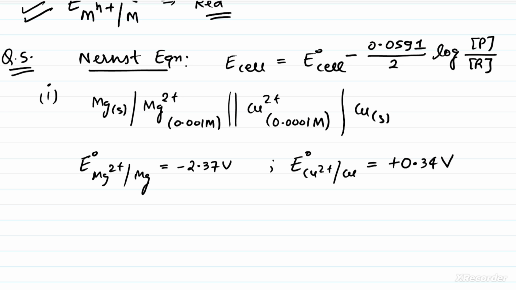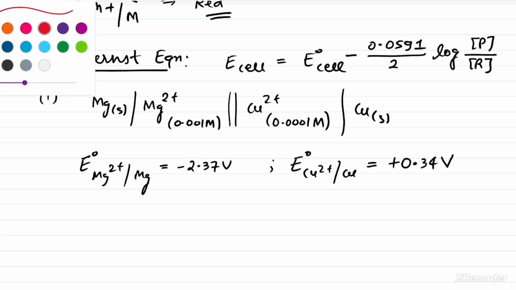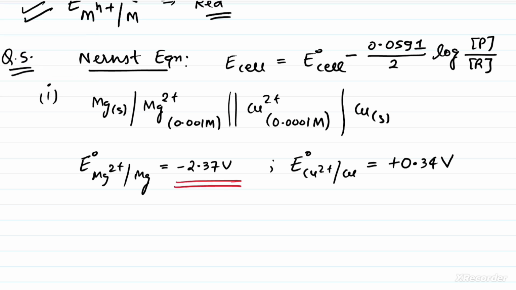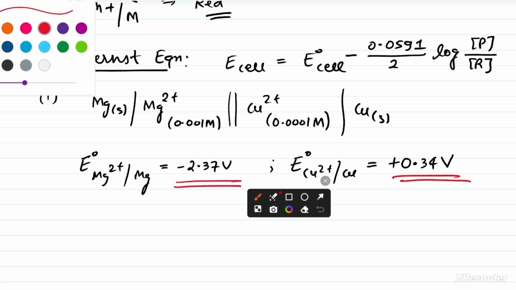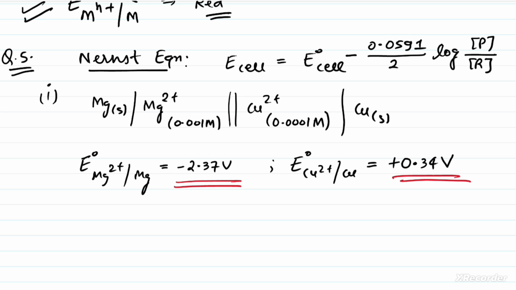So now here is the trick. Just by looking at this value of EMF, we can predict which one is anode, which one is cathode. How we can predict? Let us see. Okay, so if I write it, again what we have here, from higher to lower, that means reduction potential is given. So this one is also reduction potential, and again from +2 to 0, so that means this one is also reduction potential. So both of them are reduction potentials, whereas this value 0.34 is positive and this value